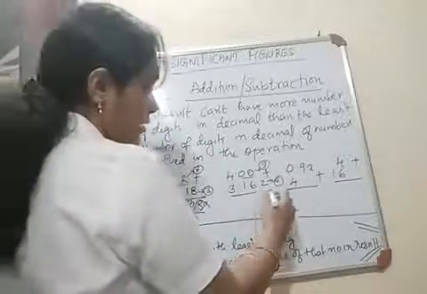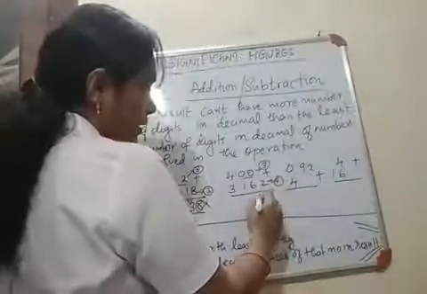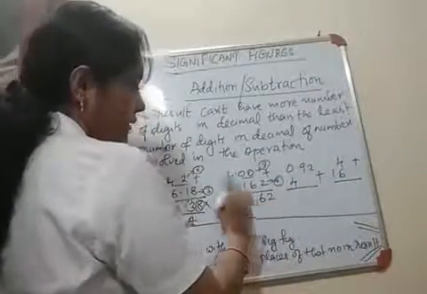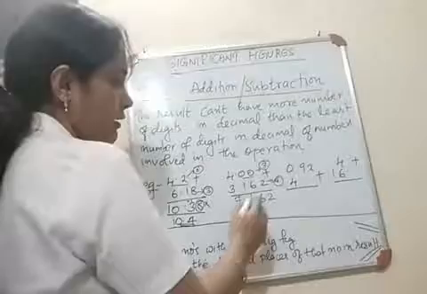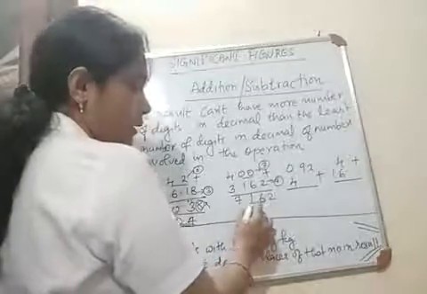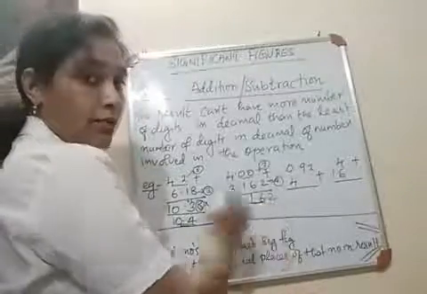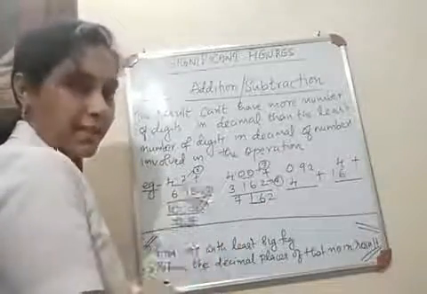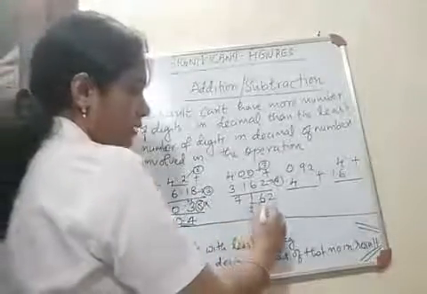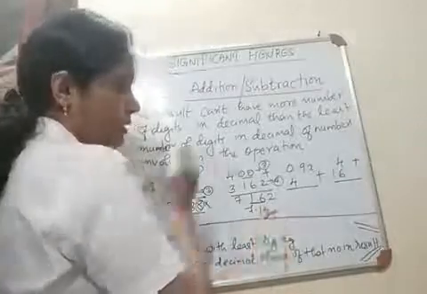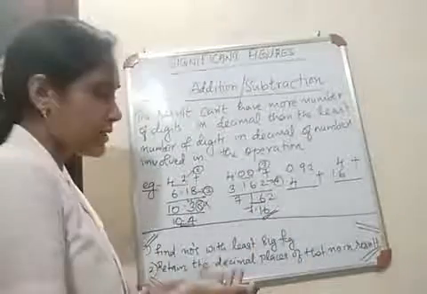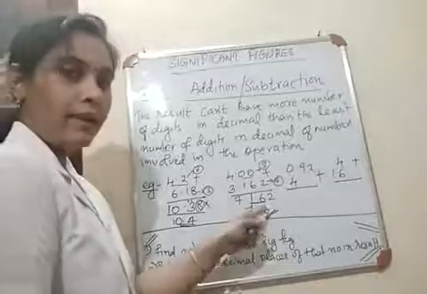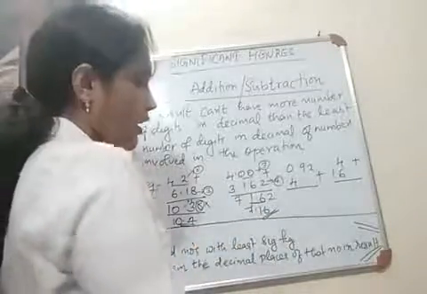So what is the result? When you add, you will get 2, 6, 1, 1, 7. So what will be the value here? You need to retain only 2 decimal places. You need to retain only up to 6. After 6, what is the digit? 2, which is less than 5. So you can round it off to 7.16. Okay, since it is less than 5, you can write the digit as it is.